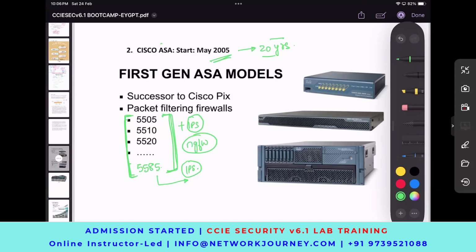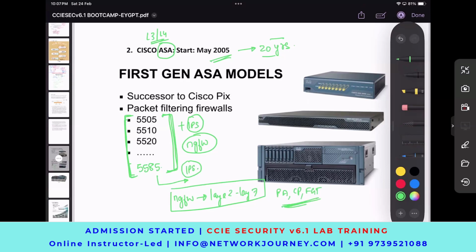Because, if you know, Cisco ASA is a layer 3, layer 4 product. It's only OSI layer 3 and layer 4. So there was a need for something from layer 2 to layer 7. Okay, and that is when Palo Alto, Checkpoint, FortiGate,